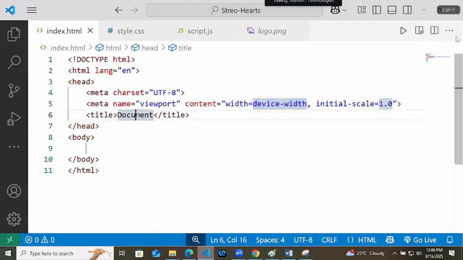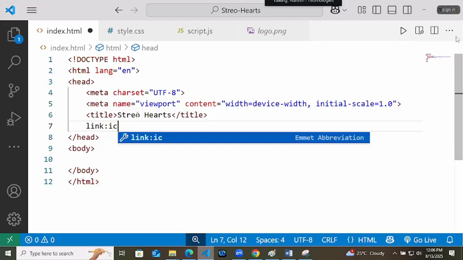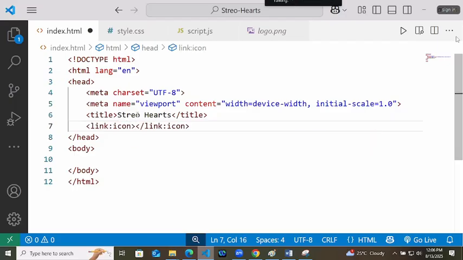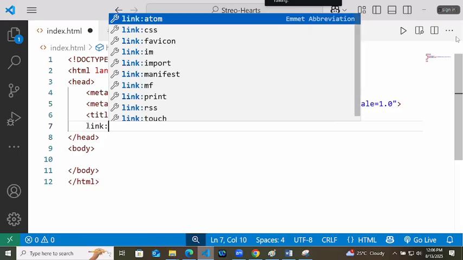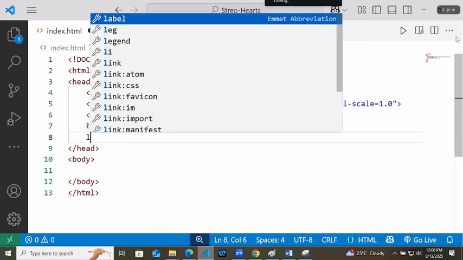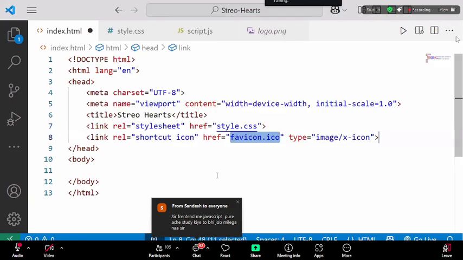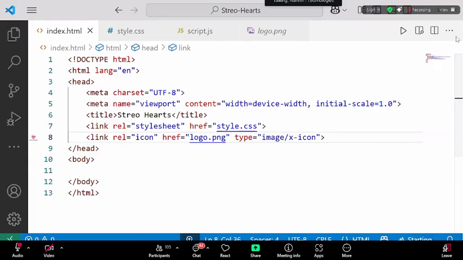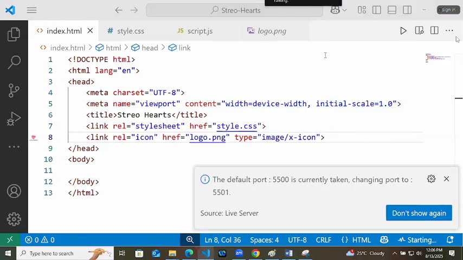And we will link, change the title, that is stereo hertz, blinking the icon. Start it now. Okay, so done.